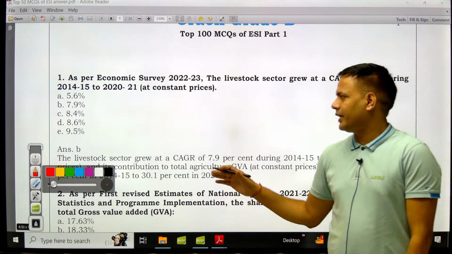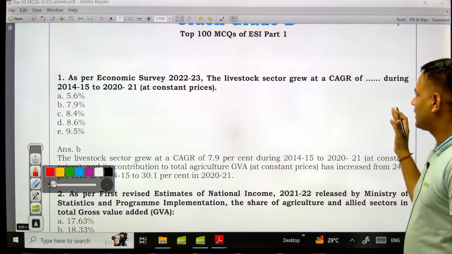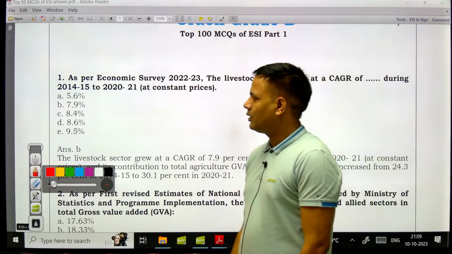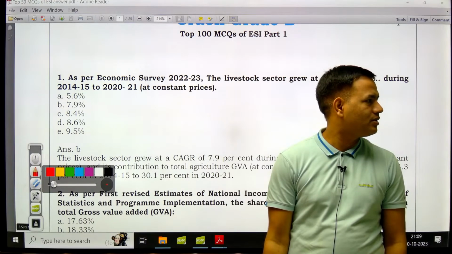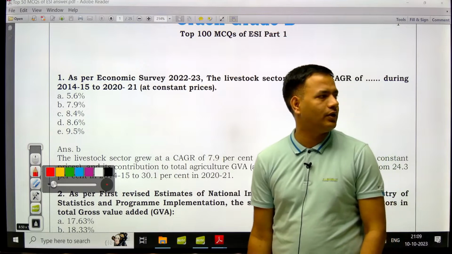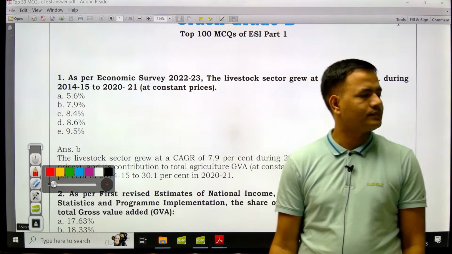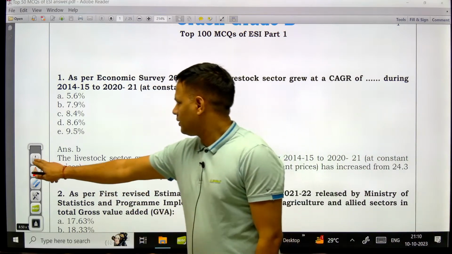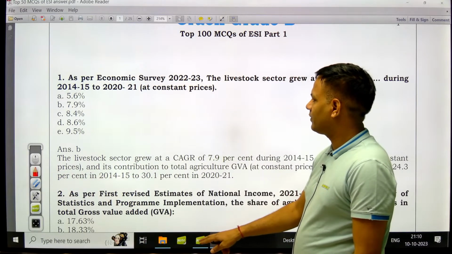Complete it by 10th October. As per Economic Survey 22-23, the livestock sector grew at a CAGR of, yes, tell me, anyone? Answer this question if you have studied the Economic Survey. So the answer for this is